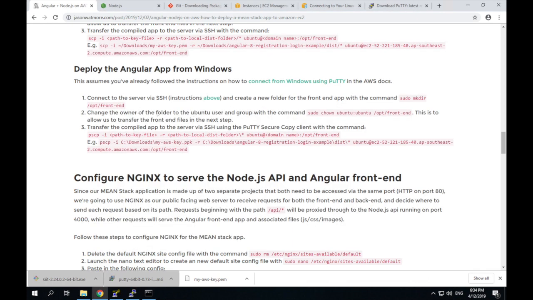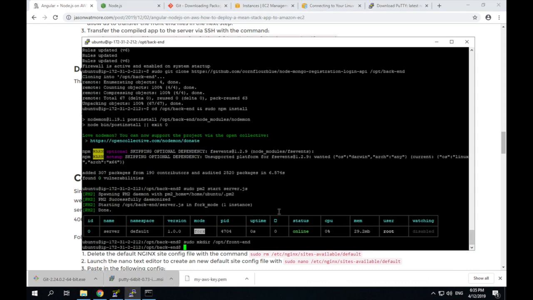Next step, we'll be changing the folder to be owned by the Ubuntu user. Now this is to allow us to transfer our front-end files, which we'll be doing in this step. When we connect, we transfer using the Ubuntu user. So when we've created this folder, it's currently owned by the root user. So we run this command to change the owner to be the Ubuntu user, so it has access to transfer our compiled files into it. So on the server, if we run that command,